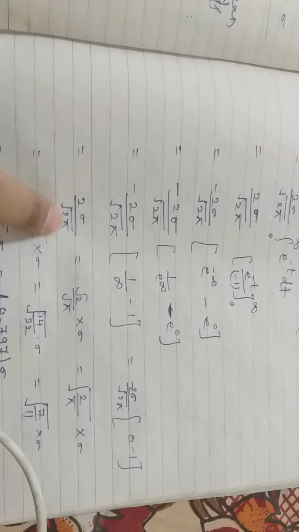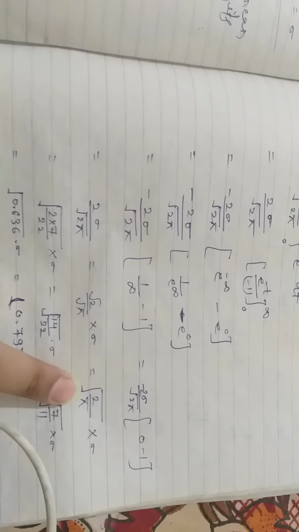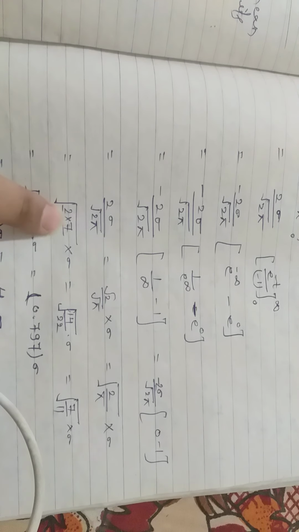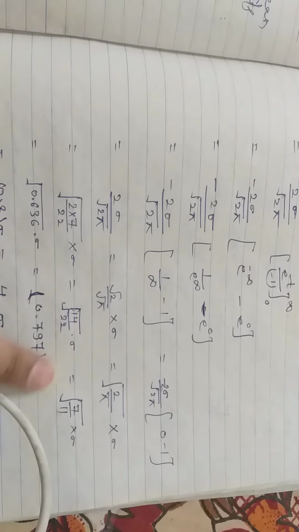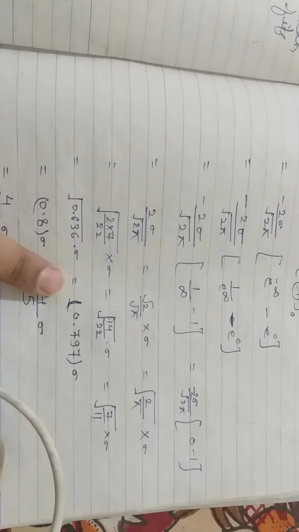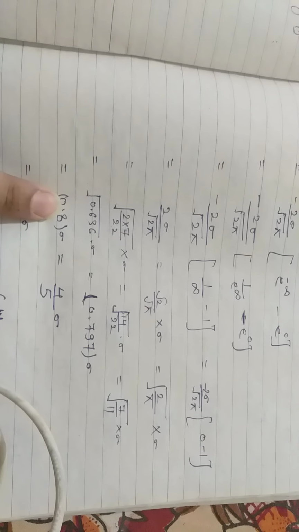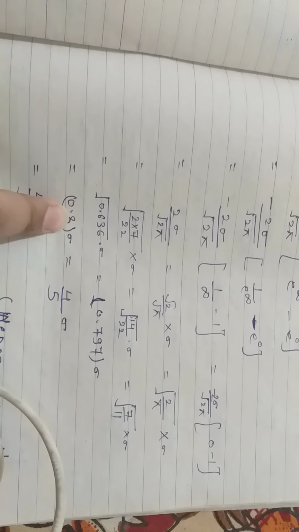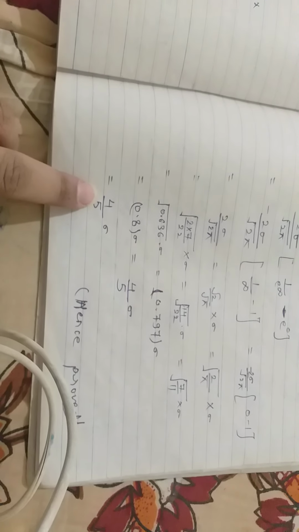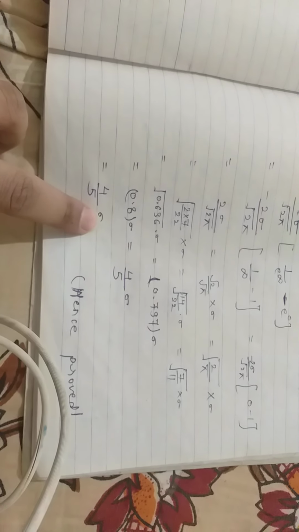2 sigma upon root 2 pi is equal to root 2 upon root pi into sigma, that is root 2 upon pi into sigma. We will put the value of pi as 22 by 7. This comes out to be 14 upon 22 into sigma, that is 7 upon 11 into sigma, which comes out to be under root of 0.636 into sigma, which is equal to 0.797 sigma. We will approximate it as 0.8 into sigma, that is 4 by 5 of sigma. So hence proved that the mean deviation about the mean for normal distribution is 4 upon 5 times the standard deviation, that is sigma.